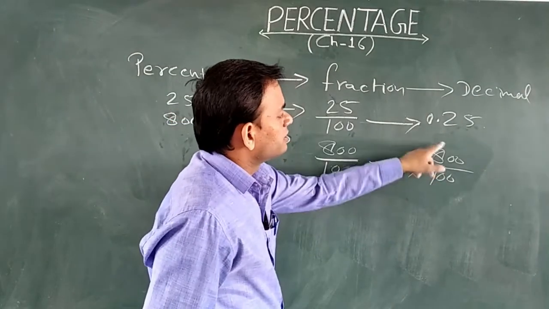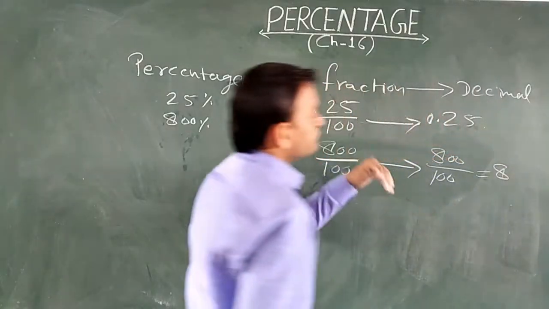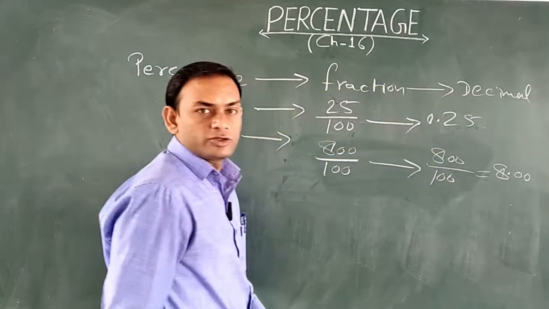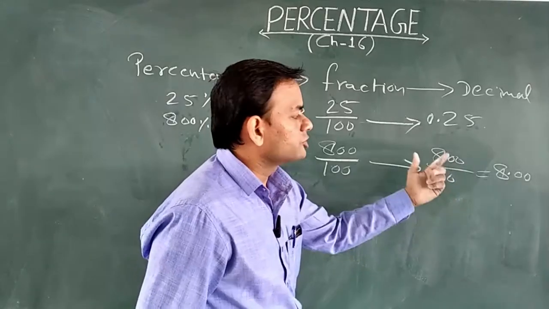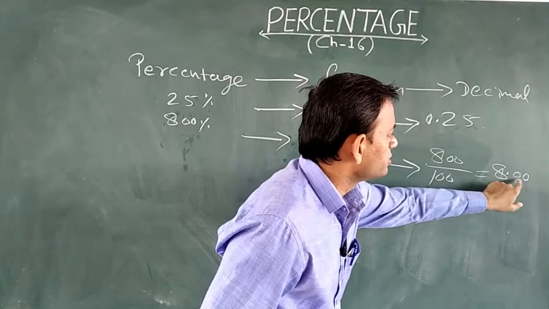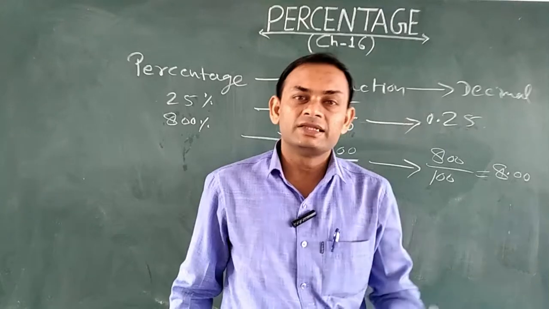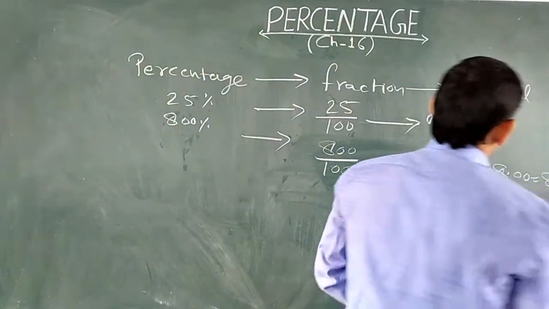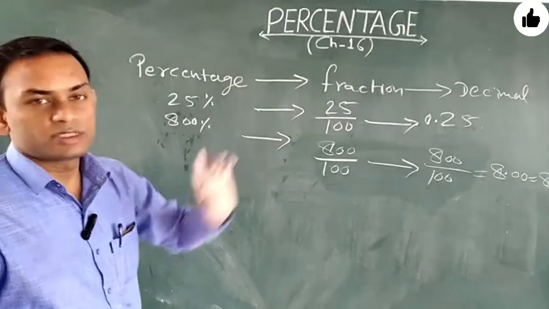Okay. Whenever you divide, you will get 8, or we have to change into the decimal, so you can write it like 8.00. As I told you, if 100 is given in the denominator, you will put the point after 2 digits in the numerator. So we have put the point after 2 digits, 1, 2. And one more thing I told you, there is no value of any 0 after the decimal, so it is only 8. Okay. So we have changed the percentage into the decimal number.